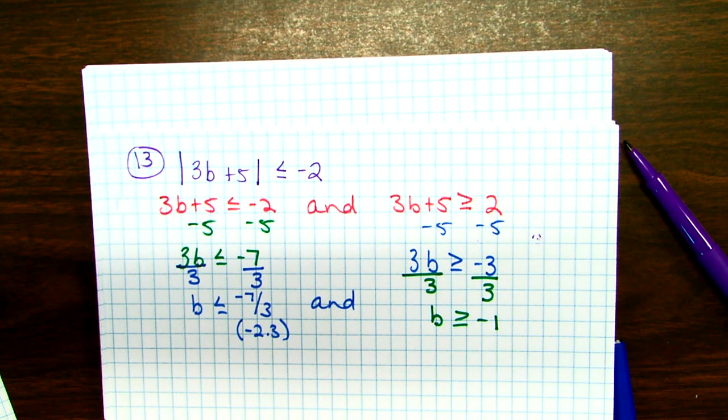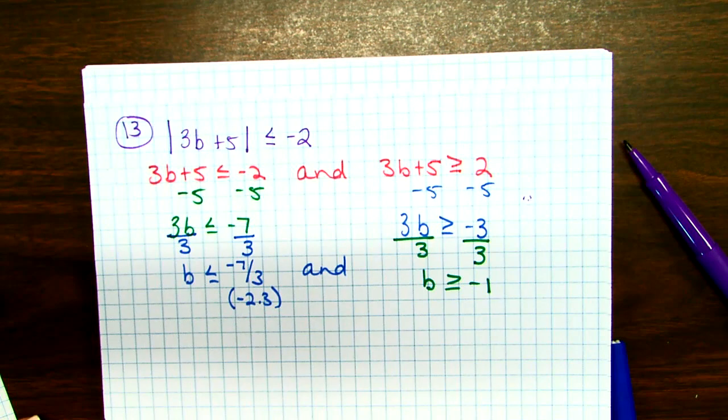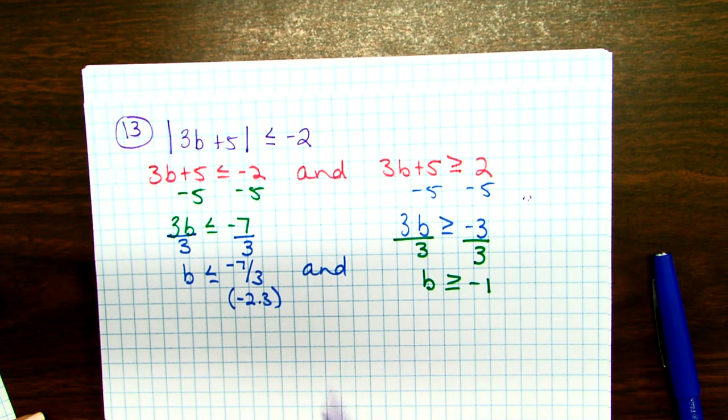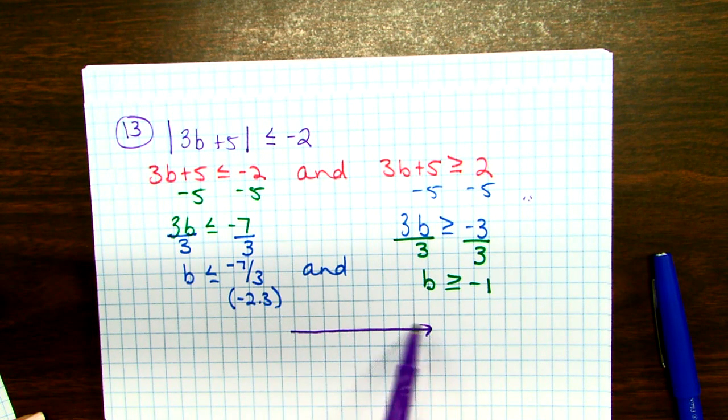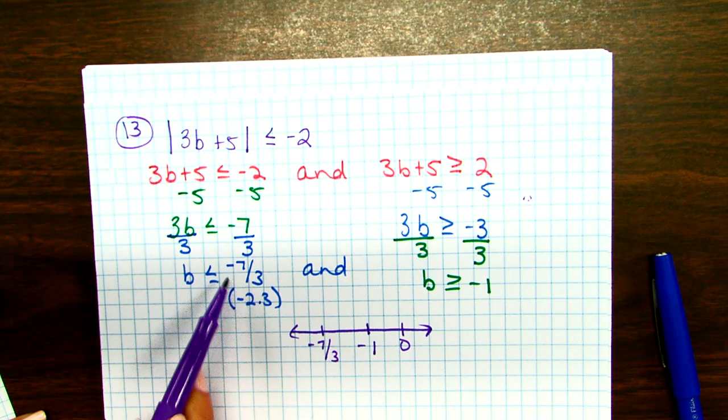Okay, so let's see what happens with this problem. They're both negative, okay, so 0's over here somewhere. -1 we can call there, and then, right,